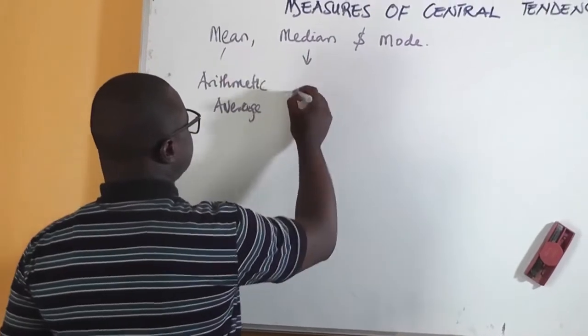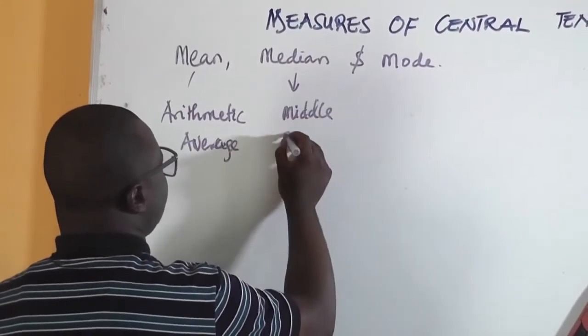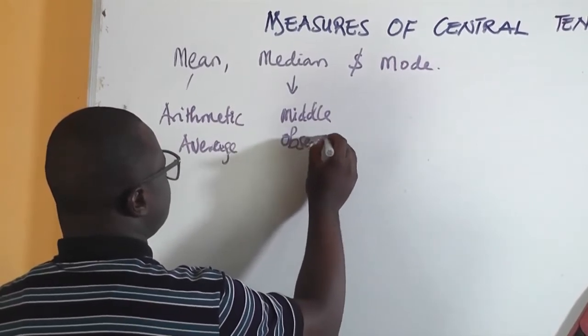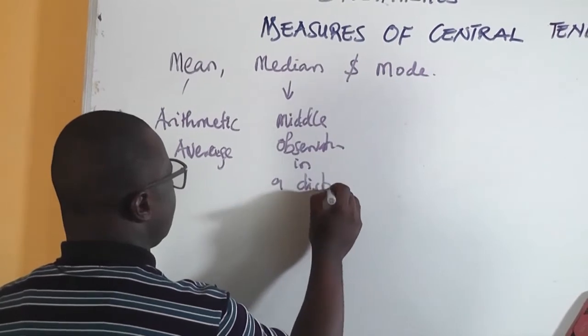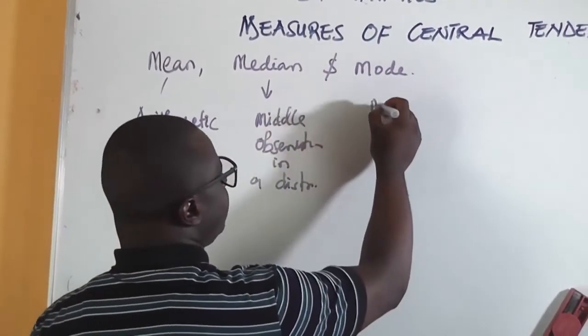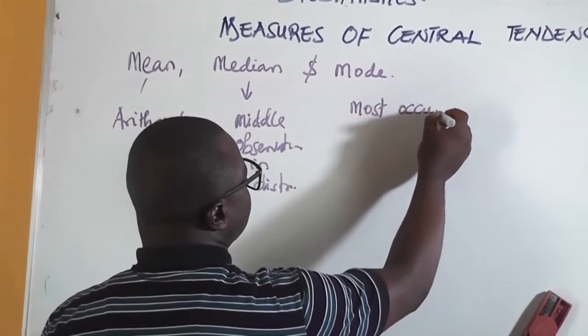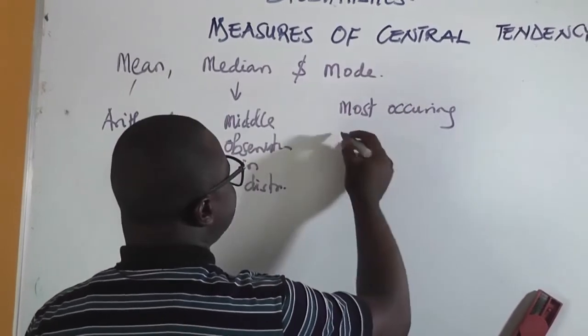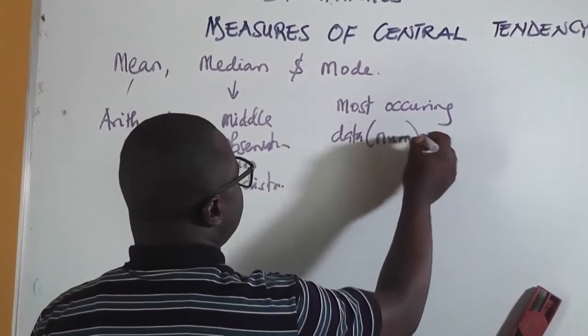Alright, so this is like the middle observation in a distribution. Then mode is the most occurring data or number. You can use number, right, in a